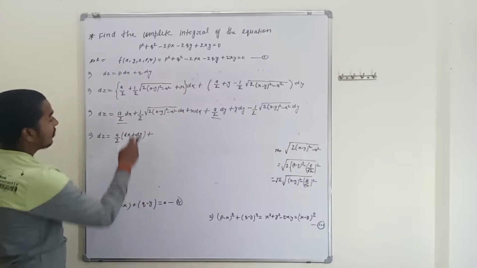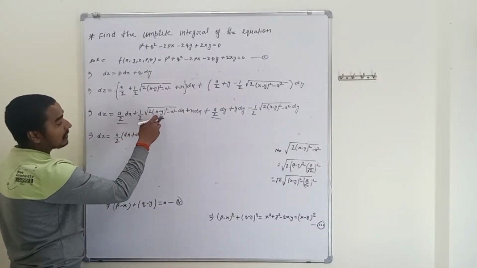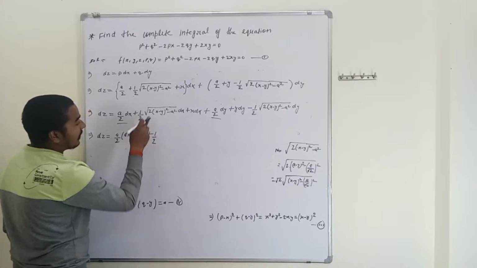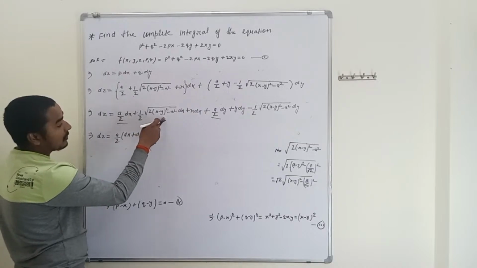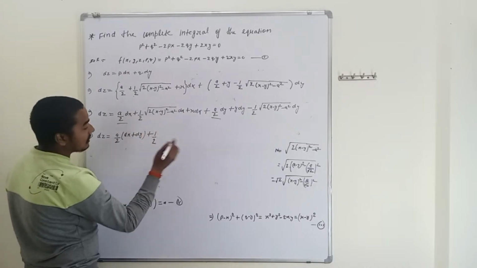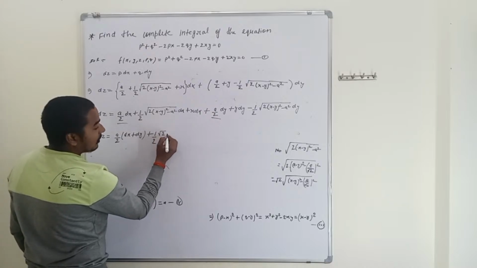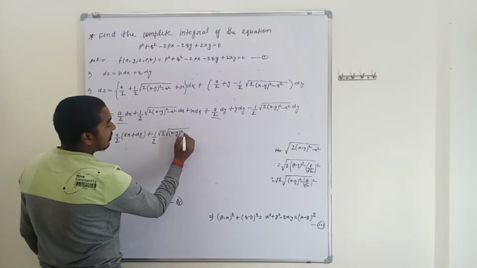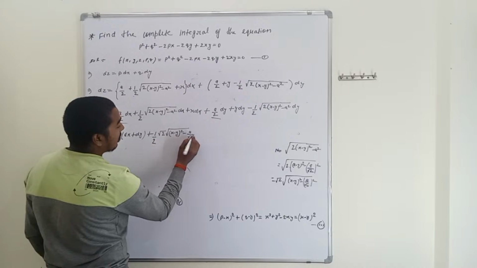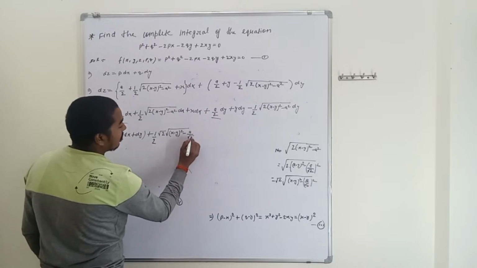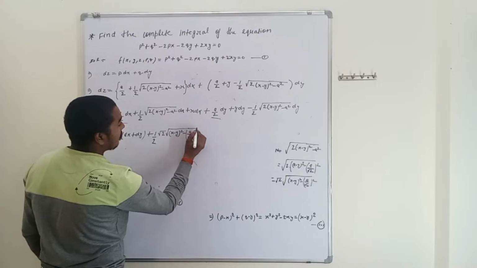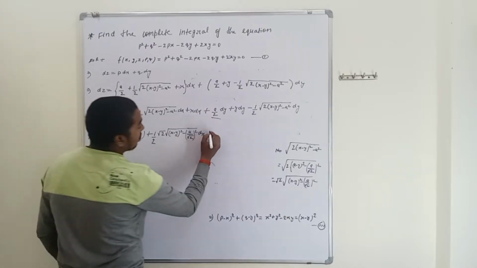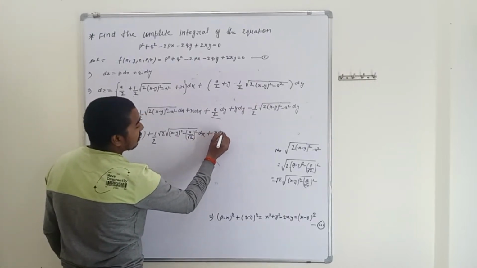We can also write 1 by 2 under root of 2 times (x minus y) whole square minus a square, that is 1 by 2 is already present, and under root of 2 times (x minus y) whole square minus a square is written as root 2 under root (x minus y) whole square and minus (a by root 2) whole square dx, and from here